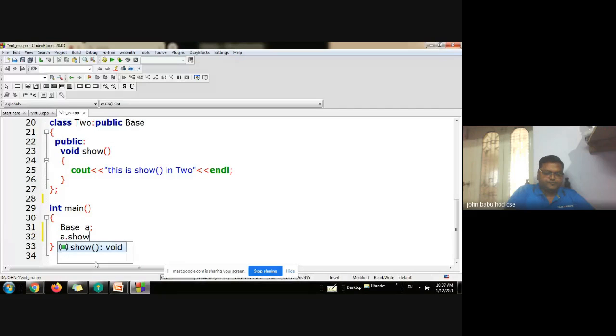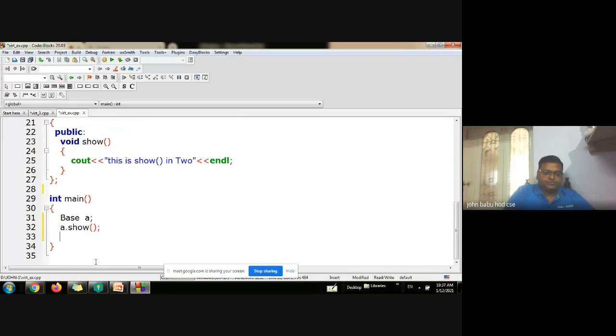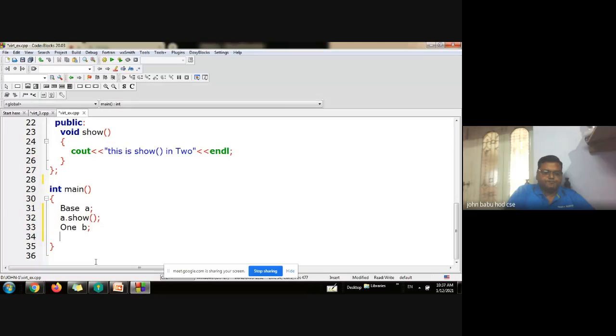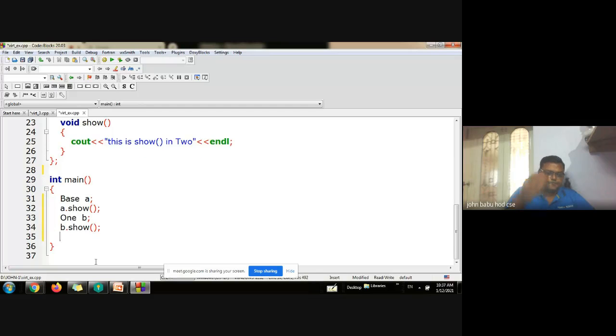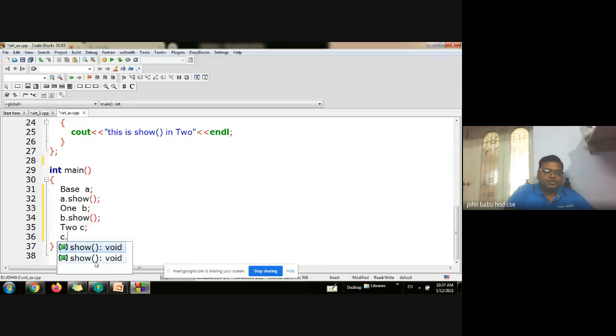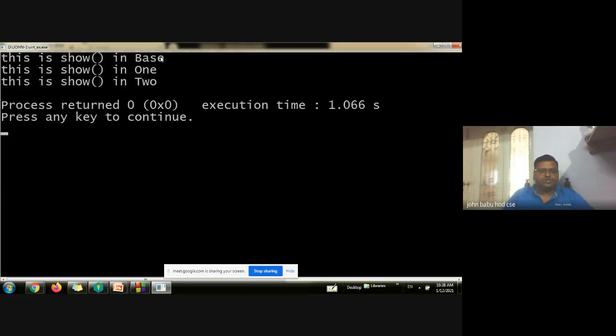Let us create class 1 object B, b dot show. Class 2 object C, c dot show. So compile this and execute it. This is show in base, this is show in 1, this is show in 2. This is the example of overriding